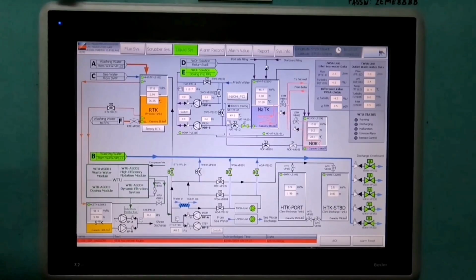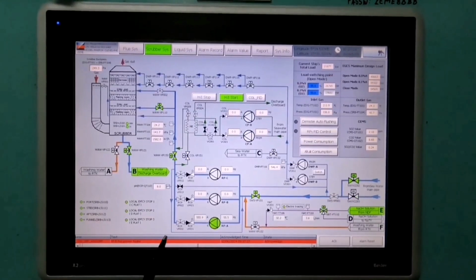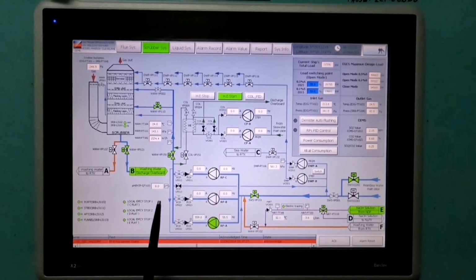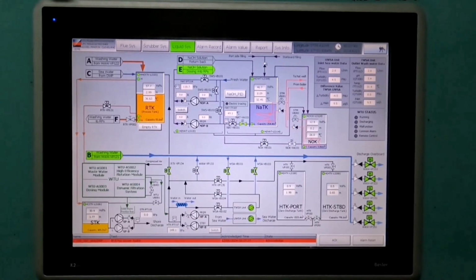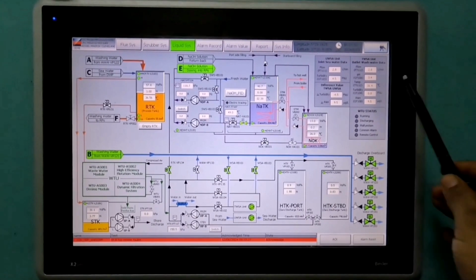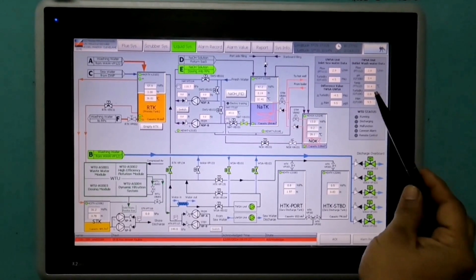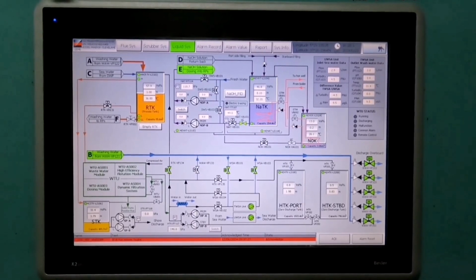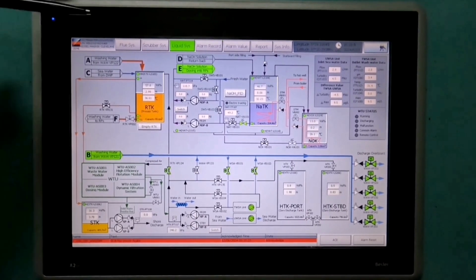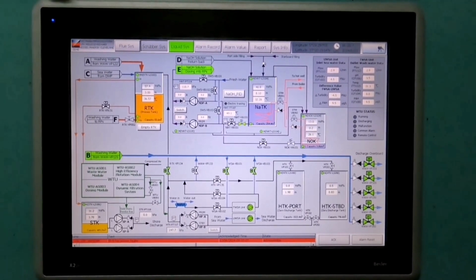So this inlet pH in this system is measured at the inlet, that is after the scrubber pumps. Now it is showing the value of 8. Outlet pH has been displayed here, 3.4. Turbidity here, inlet is 4.5 and turbidity outlet is 0, and this is the difference between inlet and outlet turbidity. So what happens exactly, I will repeat this part for you.